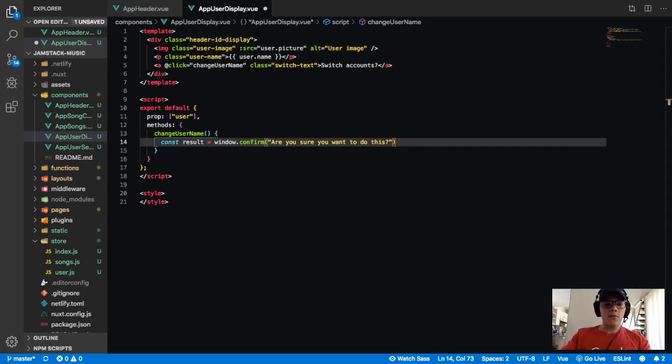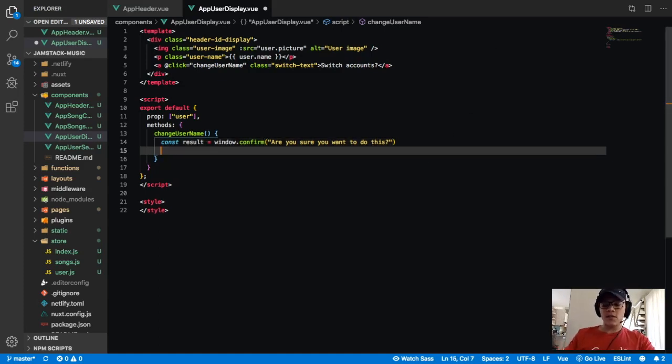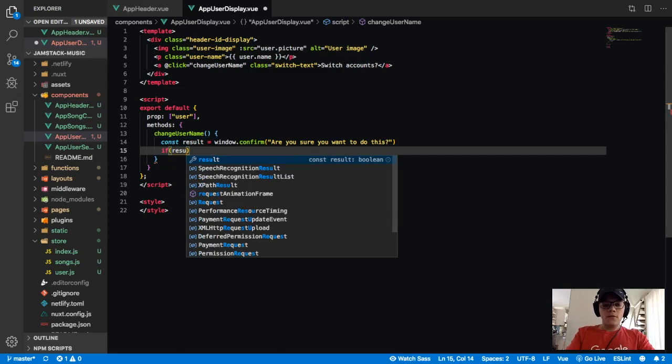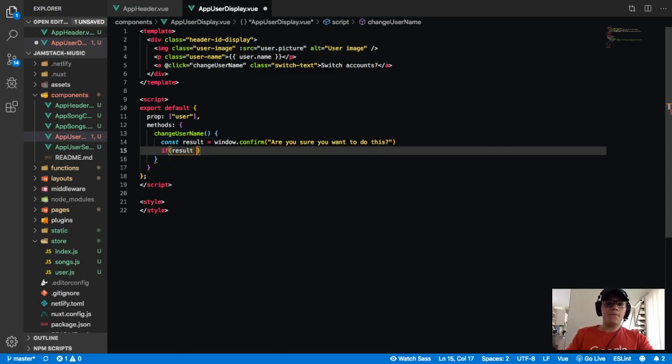Then the next thing we want to do is use this result, because it's either going to be true or false. If they said yes, it's going to be true. If they said no, it's going to be false. So let's say if result, we can just do that. Then we can say this.store.dispatch. What we want to do is use that remove user action that we created. So user/remove user,